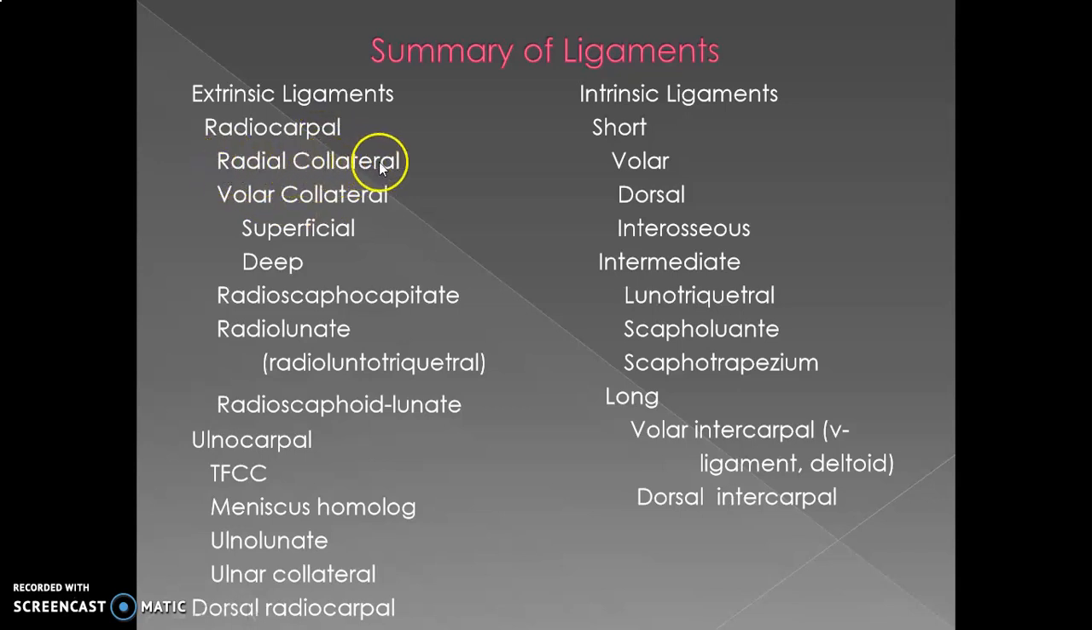So in the extrinsic ligaments, you have the radiocarpal ligament, one major part of which is the radial collateral ligament, and then the volar collateral ligament. The collateral ligament has an anterior as well as a radial side, that is the lateral side. The lateral side is what we call the radial collateral ligament, and the anterior part of the radiocarpal ligament is also part of the collateral part. This anterior collateral ligament can be divided into superficial and deep. In the radiocarpal ligaments, otherwise